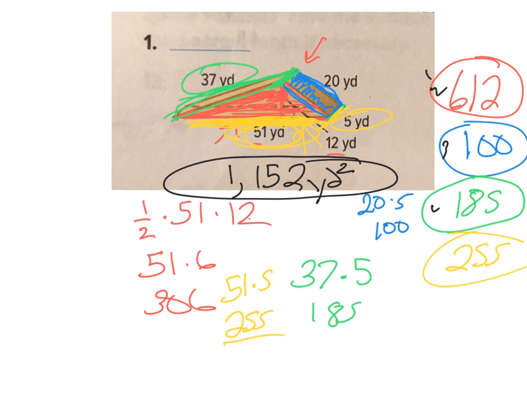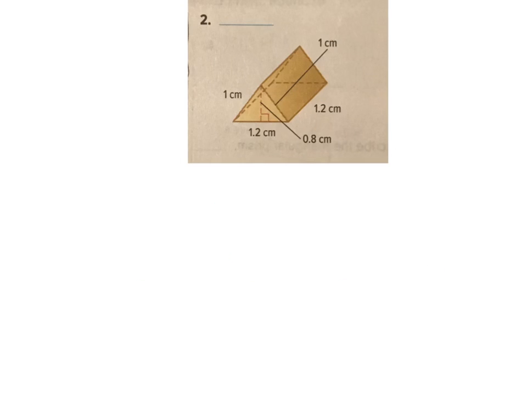Okay, let's do another one. We're keeping on practicing. Okay, here's another one. So again, we have 5 sides. I always start with the one that has 2. I want to go there. Okay, so this one here, this triangle, is right there, but there's also one back here that's the same size. So, all right, a triangle is the base times the height. So the base of 1.2 times 0.8, and then